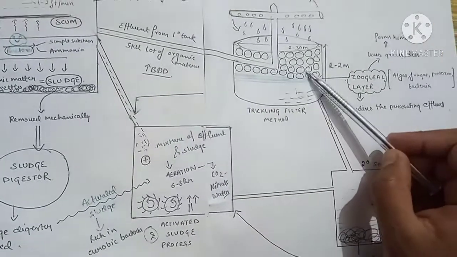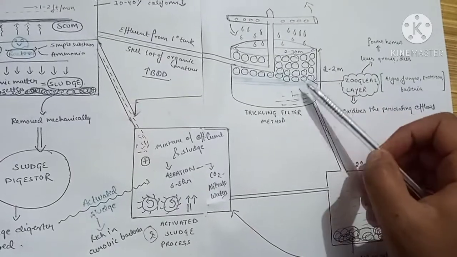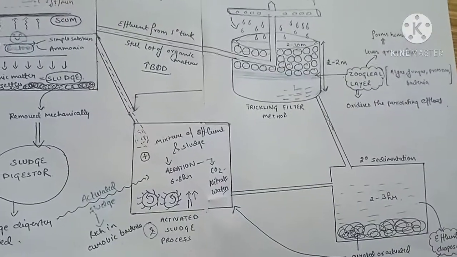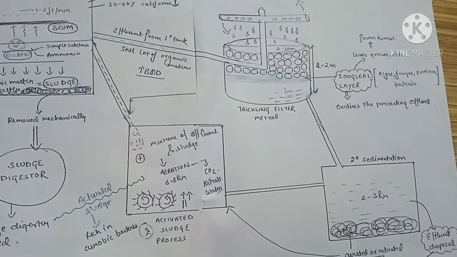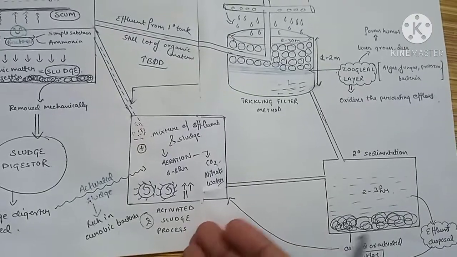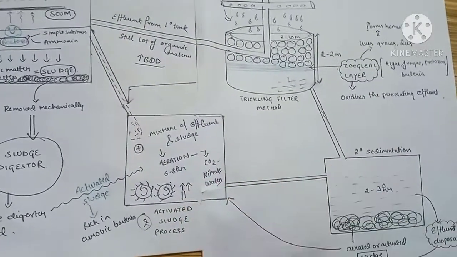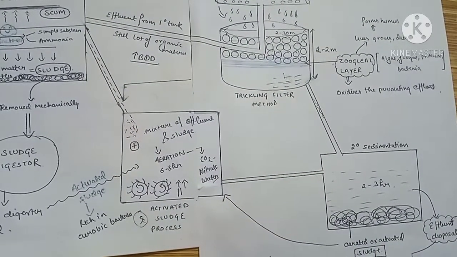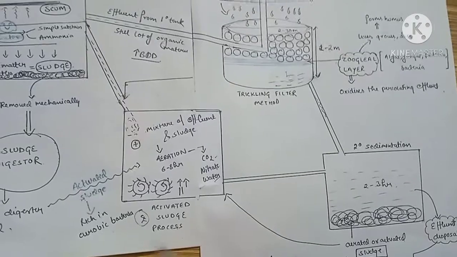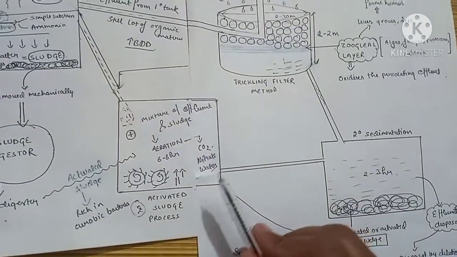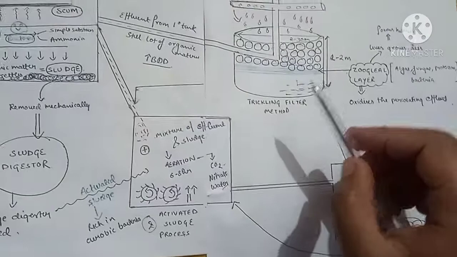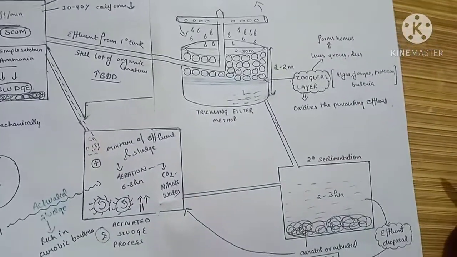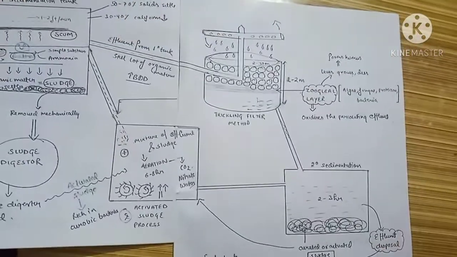As we were already trying to understand how big this is, the trickling filter method uses a ground of around 20 to 30 meters in radius and 1 to 2 meters in depth. But the activated sludge process uses an aeration tank that is smaller in size. The problem with the activated sludge process is that it is a bit expensive, so it is preferred in urban areas where space is less but money is more. But the trickling filter method is used in rural areas because there we have space.